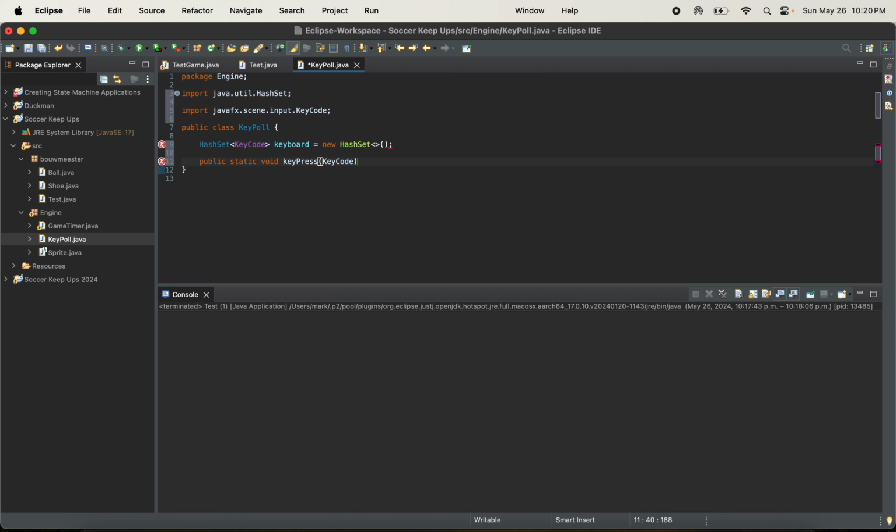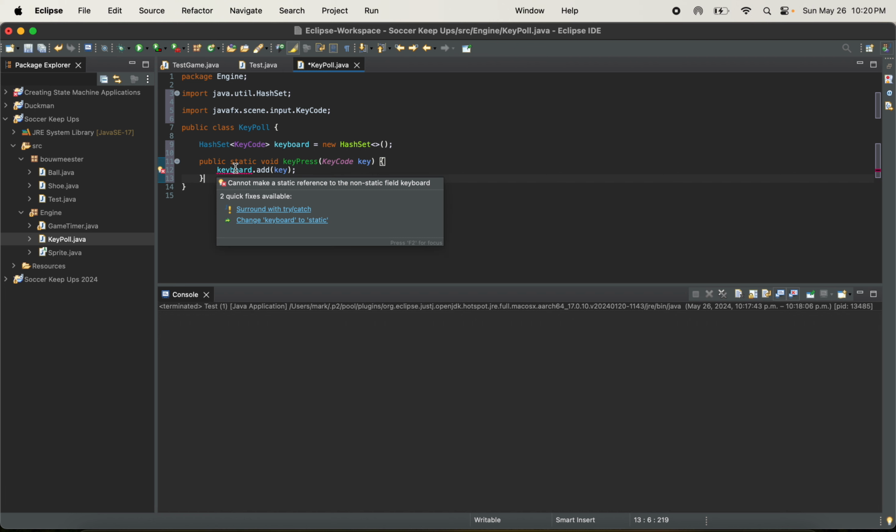The key events will be in the game class, and we'll just pass the key code generated by the event here. So key code, whatever key got pressed, and if some key gets pressed, then I'm going to say keyboard dot add key,